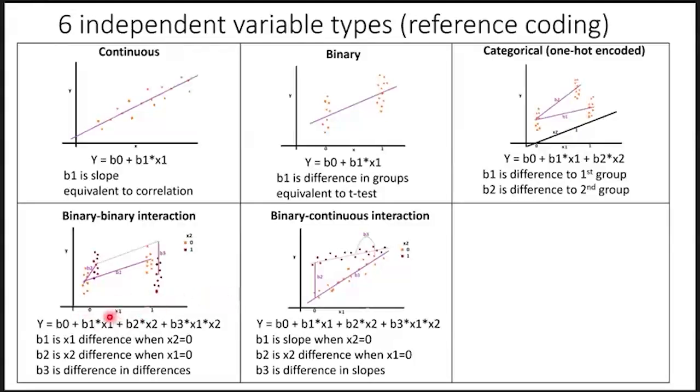You can do post hoc testing, which will take into account the average here and the average there. And then a binary continuous interaction: remember that when it's continuous, the coefficients mean slope. So now it does a slope for each group. We should have a slope for the healthy group and a slope for the depressed group. However, it doesn't just give us the 2 slopes, unfortunately. It gives us the slope for the reference group, let's say the healthy group, and then the difference between the healthy group and the depressed group